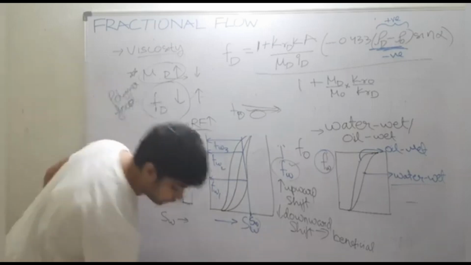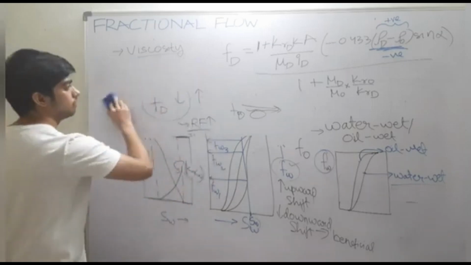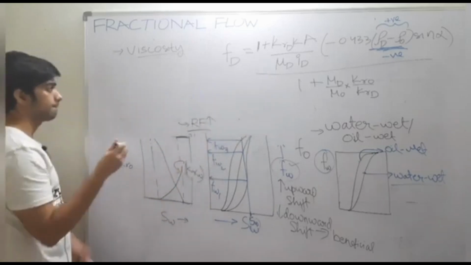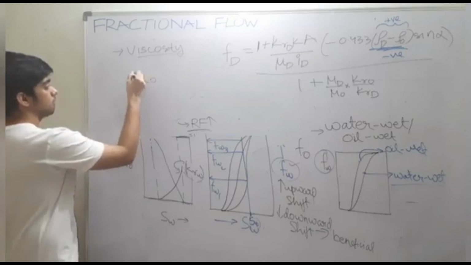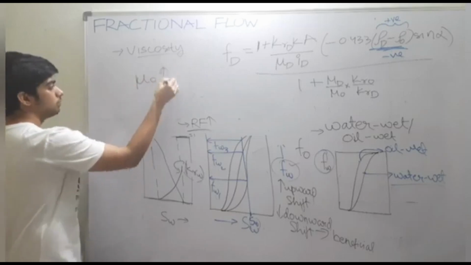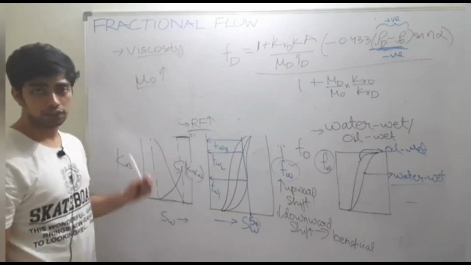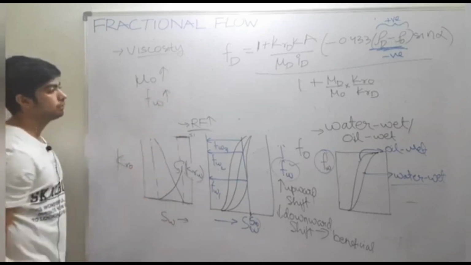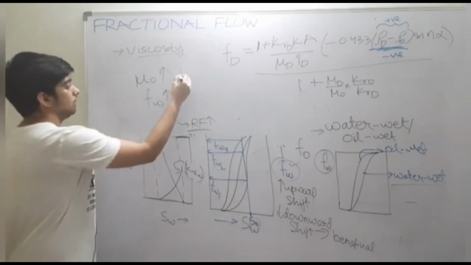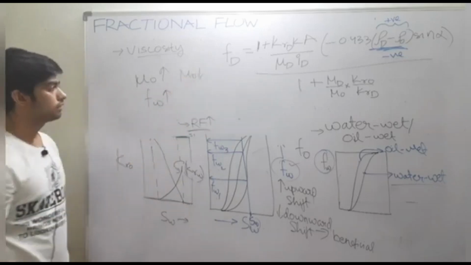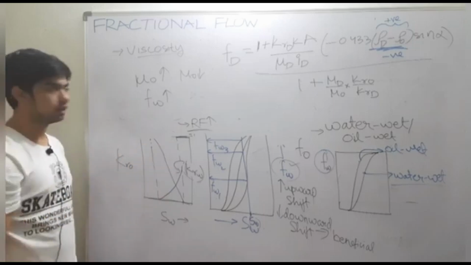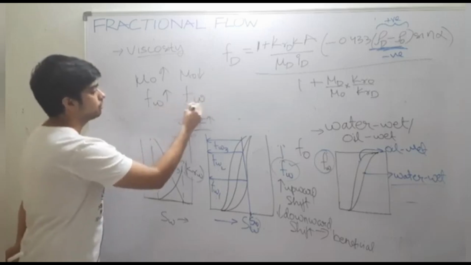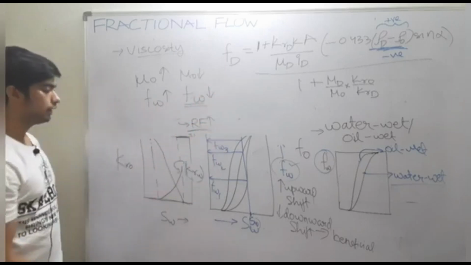Now let us talk about viscosity of oil. If the viscosity of oil is high, then it will be difficult to push, it will be difficult to get displaced, and therefore in that case Fw will be higher. And if viscosity of oil is less, then it will be easier to displace, easy to push, it is light, easily movable. So in that case fractional flow of water will be less,